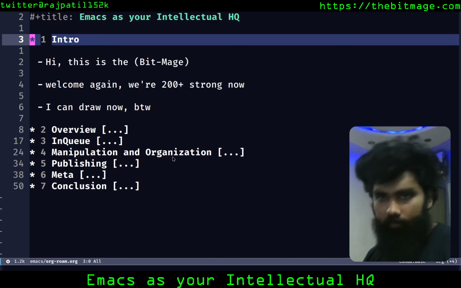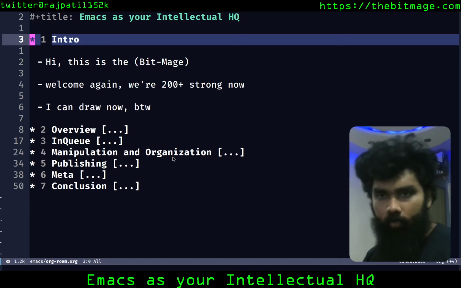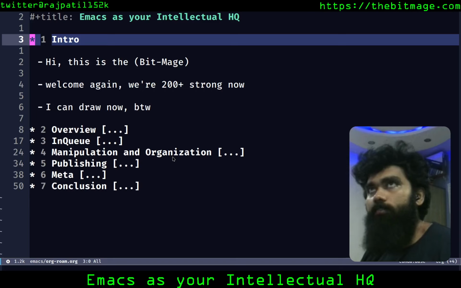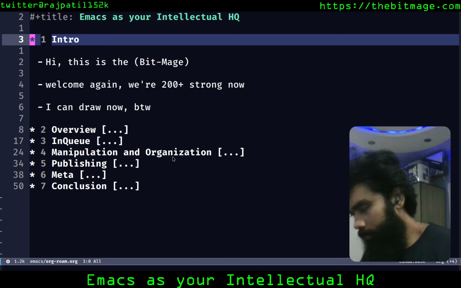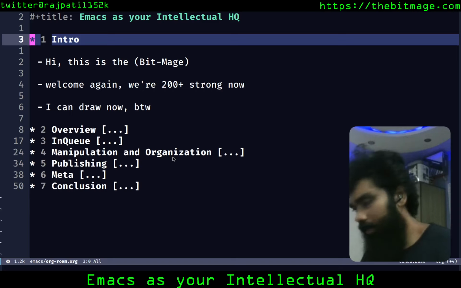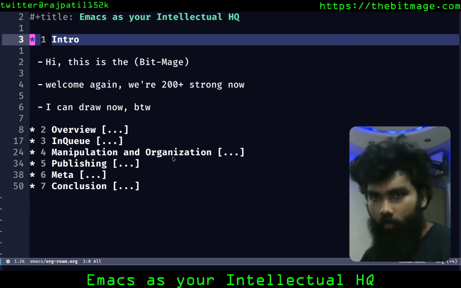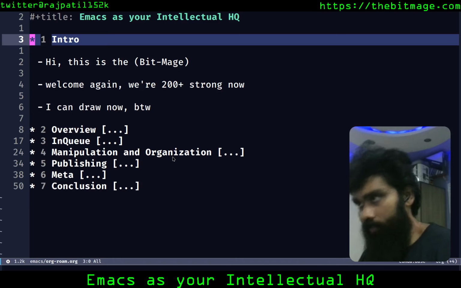So Emacs I've chosen as my intellectual headquarters. I've been spending quite some time in Emacs, but this particular workflow that I'm showing you, I've matured into over a span of at least 3 to 4 years. I've explicitly been on this for 3 to 4 years. I have done a lot of things. There were times where I shifted out of Emacs and came back in, and I tried other things. But I came back to Emacs, and right now, you could say I'm in a local optima of efficiency and comfort in terms of how I document everything. So today is going to be a very detailed one, and let's get right into it.